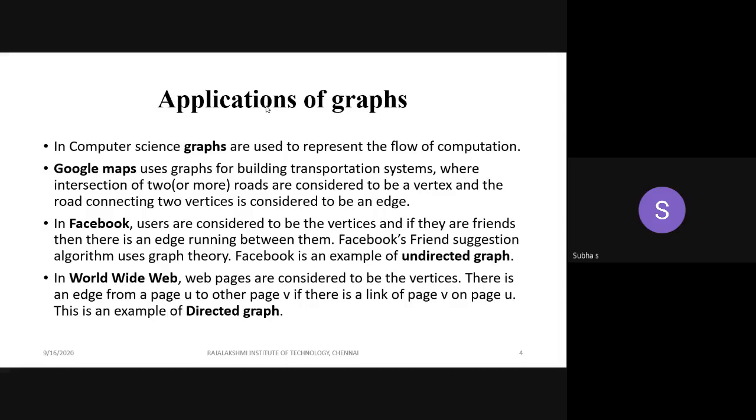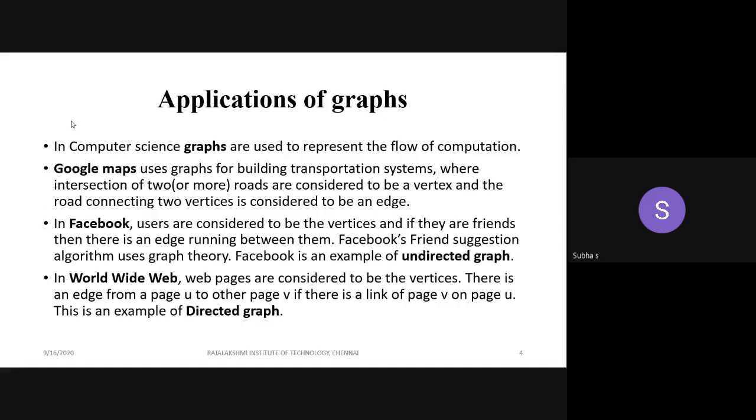This is an example for directed graph because from U, I can move to V only. Assume that there are two vertices A and B. A has one web page. From that A, I can move to V only if there is a link to page V. Similarly, I can move from U to W if there is a link, if there is a path. So this is an example for directed graph. I can't move from V to U because the reverse path is not possible. I am going in the forward direction. That is the directed graph.